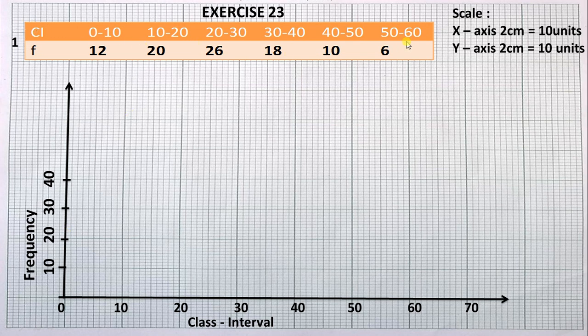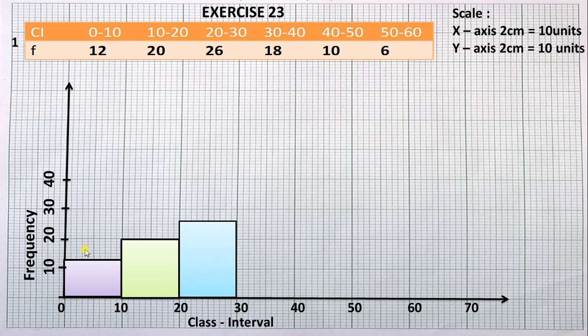So the given frequency distribution is in exclusive form. The scale on the x-axis and y-axis has been defined. The x-axis and y-axis lines are drawn. The last step is to mark the rectangles. The first class interval 0 to 10 is 12. Here is 10. The next line is 11. The next line is 12. The first rectangle is ready. Now the next rectangle, 10 to 20, it is 20. Rectangles should be drawn continuously. 20 to 30, it is 26. Here is 26. After 20, the next is 21, 22, 23, 24, 25, 26.